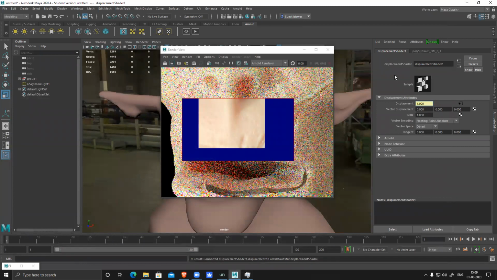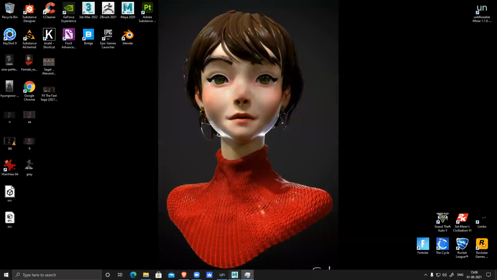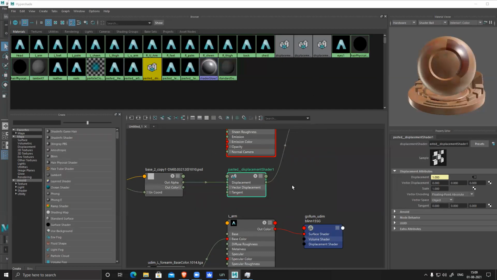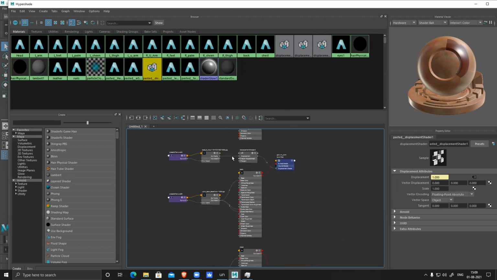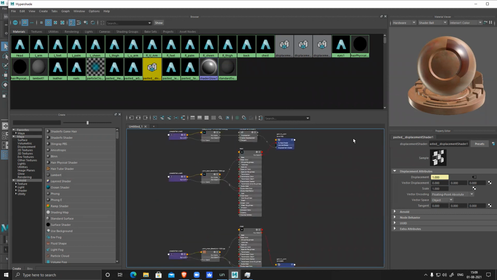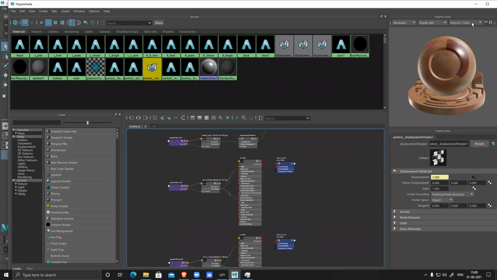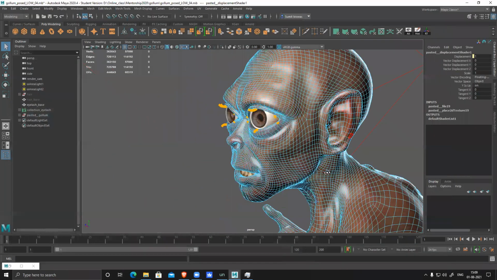Though we can always select and go there and change it, here it becomes a little handy. So change it and then you can control. This is what I did here. And this particular character, as you can see, almost every part, most of the area, is using displacement. Like for the arm, for everything, and you can generate renders with your